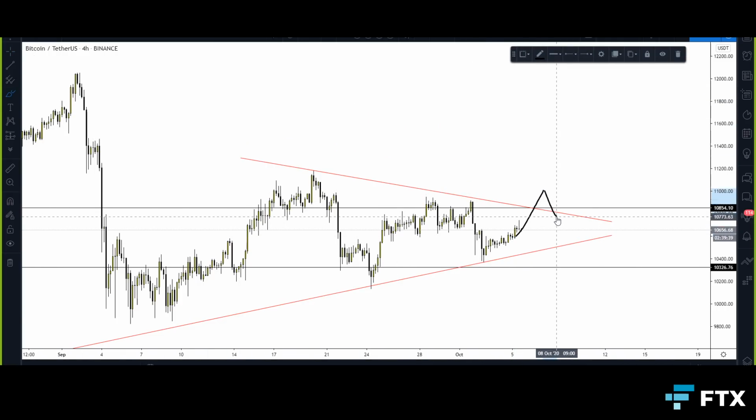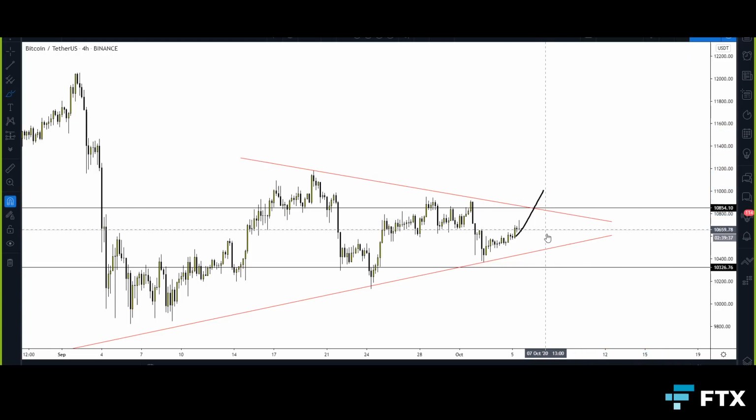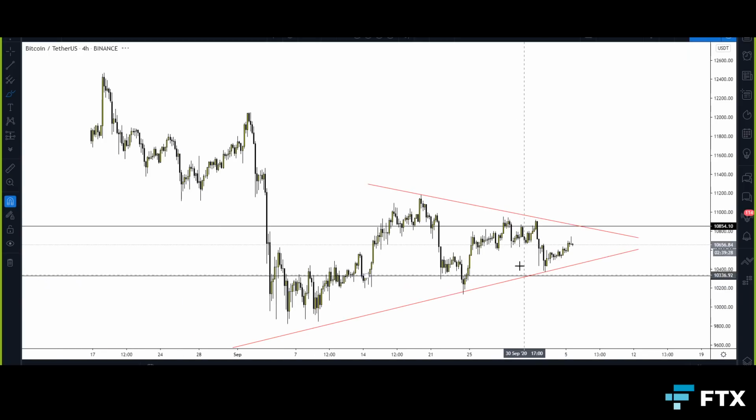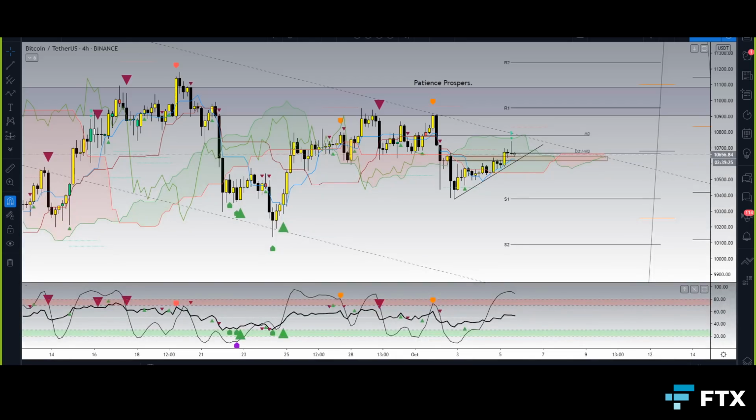If we come up and test, we're looking for continuation, right? If we come up, then lose it again, then we're looking for a downside and a very aggressive downside. And if we just lose it here and then retest, that'll be a nice continuation to the downside, which is what I'll cover on